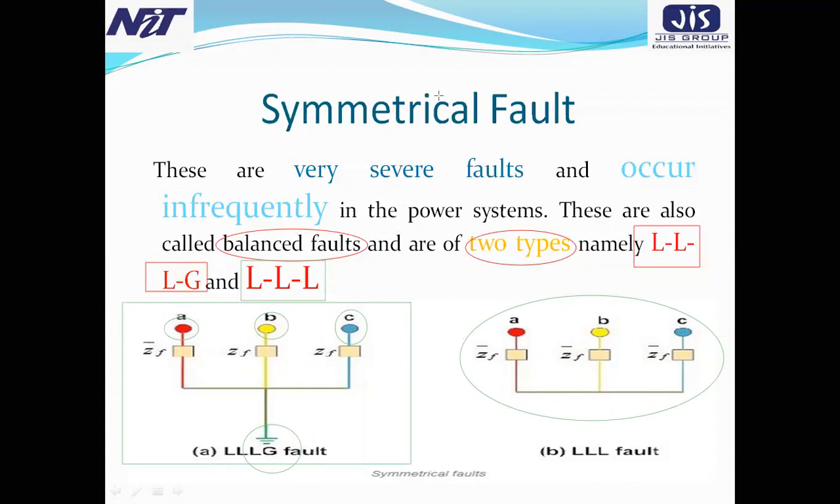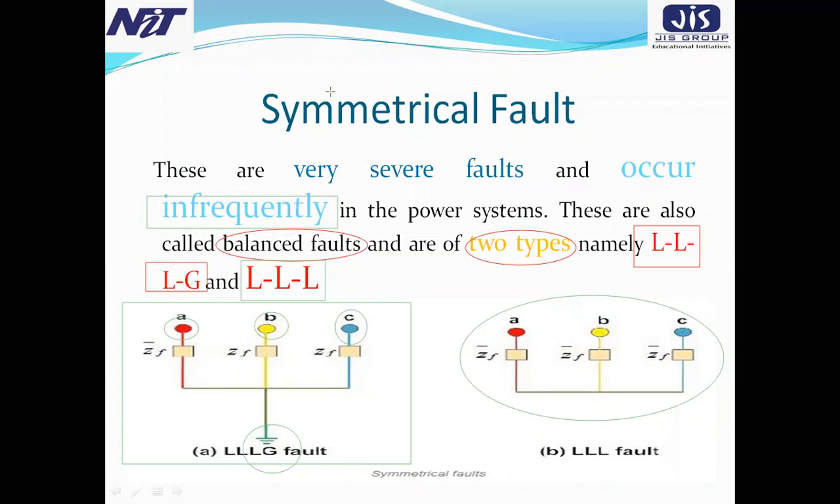This line is very significant. You cannot find this type of fault frequently. That means it is infrequent, it is rare, and it is called a balanced fault. It is also balanced. Balanced means,